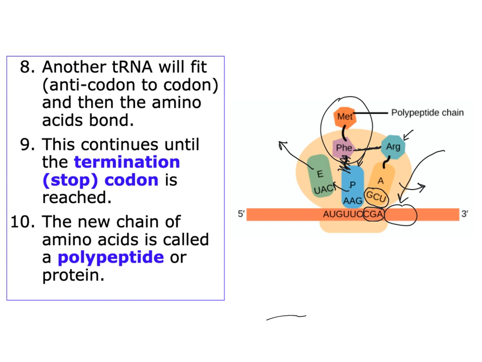It will bring its amino acid, and it is going to continue codon after codon until it reaches what is known as a termination or stop codon. At that point, we're going to have an extensive polypeptide chain coming off of the tRNA. Now, that polypeptide chain, once the termination code is reached, is going to release itself,